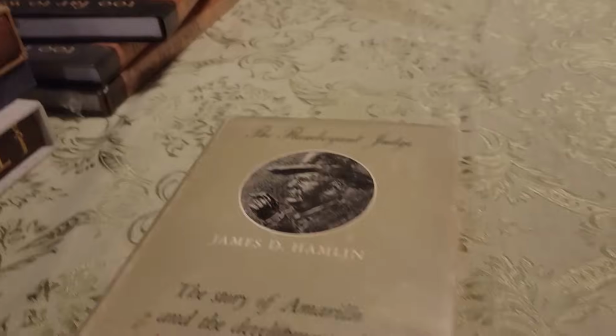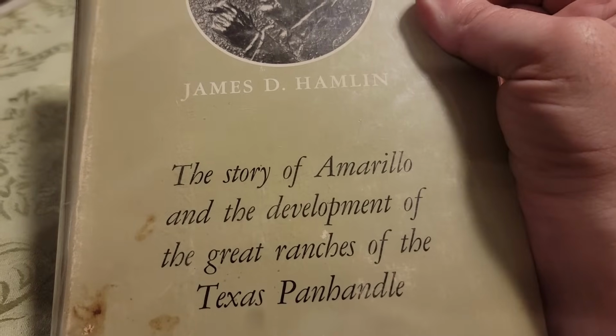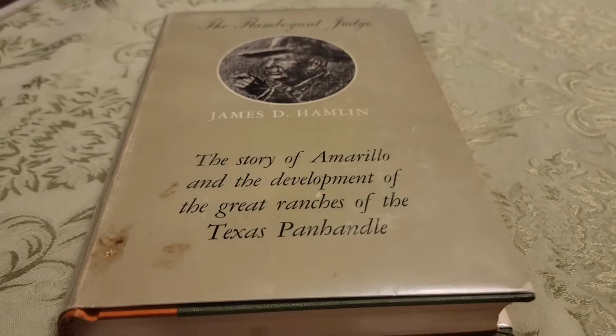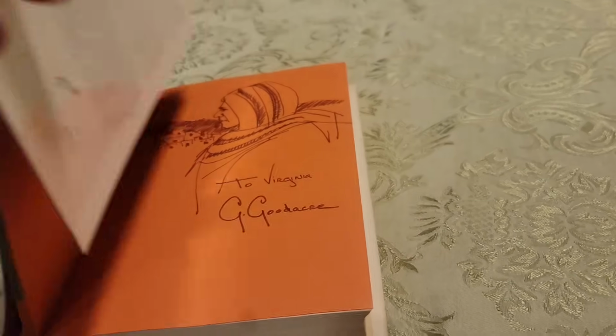Okay. Now we get into the interesting ones, but this is the one, in my opinion, that has the most value, and I'm going to show you why. Okay, this book right here, The Flamboyant Judge, the story of Amarillo and the development of the great ranches of the Texas Panhandle, James D. Hamlin. This has some really cool signatures in it, just like the other book did that we looked at. But this one,